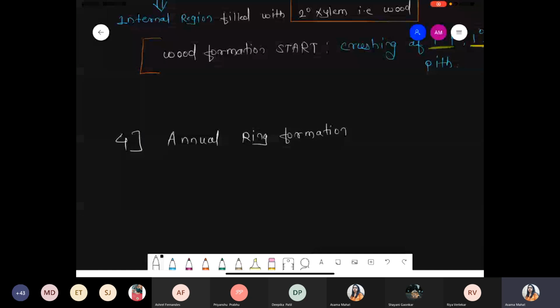So we see that part, because as the work proceeds, from the initial state of the vascular cambium up to the end, the last stage will be bark formation. But it's always initiated from the interval one. We are talking about step by step. That's why I'm giving the numbers. Komal, just have patience. Let's see what is going on. Any doubt so far? Do you understand how the vascular cambium gets formed, how it gets differentiated, how the secondary phloem and secondary xylem get formed, who crushes? Clear this part?